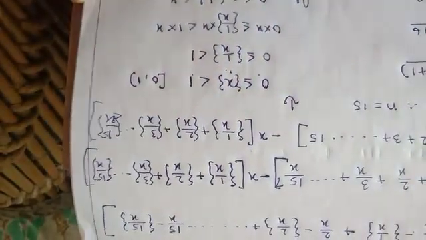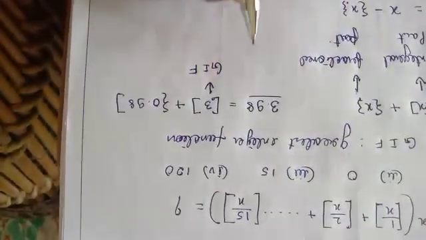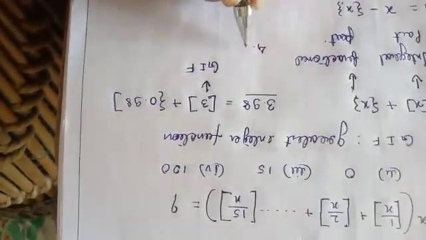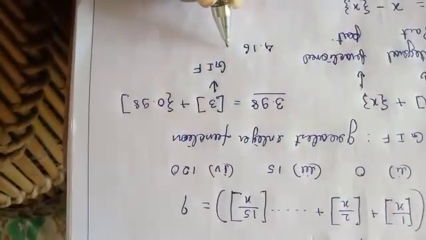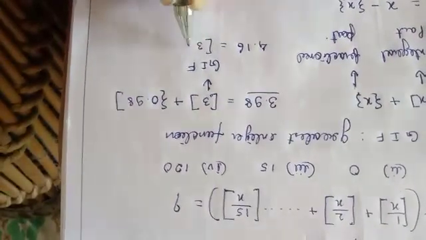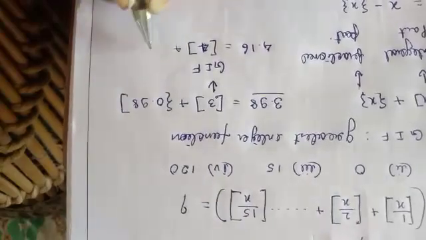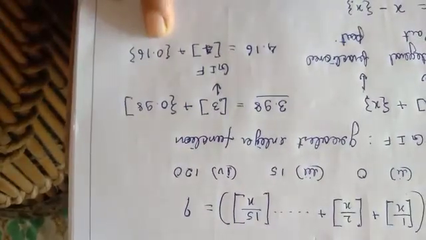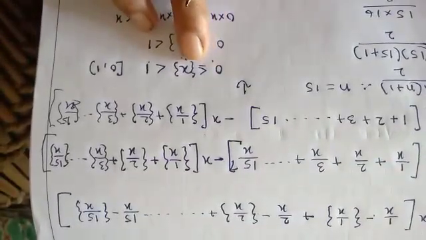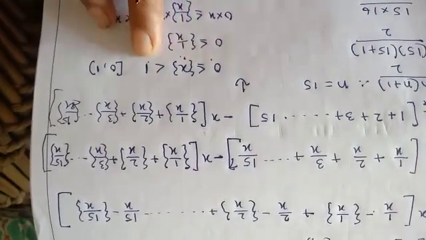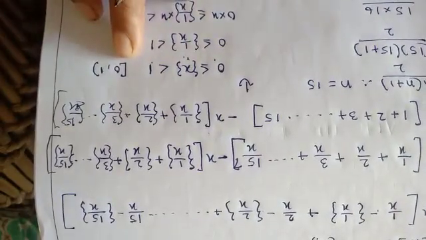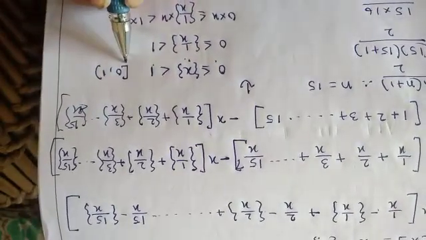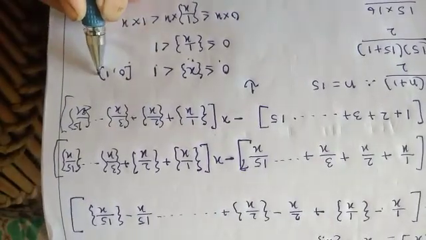Now we should know that always in our fractional part, I told you here 3.98. Let me take one more example, 4.16. So I can split it like this. This is my greatest integer function and this is my fractional part. So you can again see this part is not crossing 1. So my bound for the fractional part is that 0 is less than or equal to x, x is less than 1. That is, closed on 0 and open on 1.